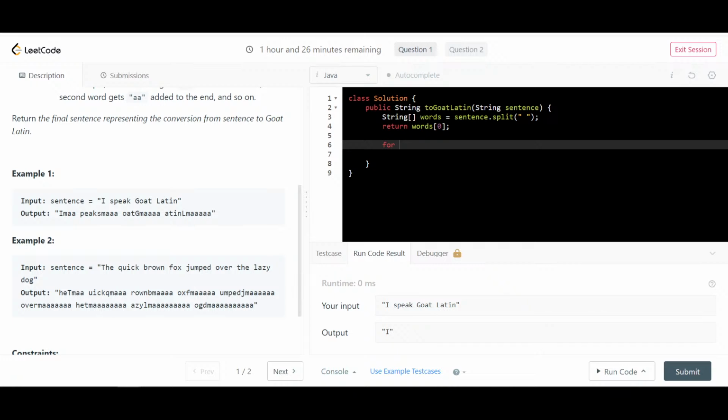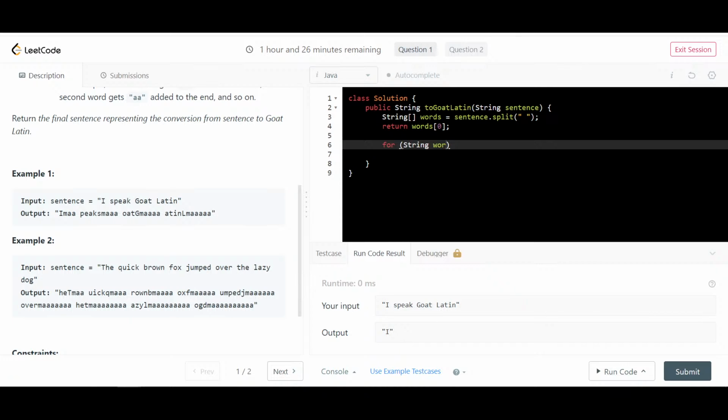So for each word in words, we need our string builder, and we will be appending the modified words to this, right? So for each word, word builder equals to